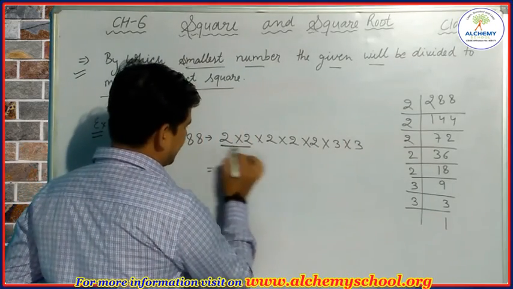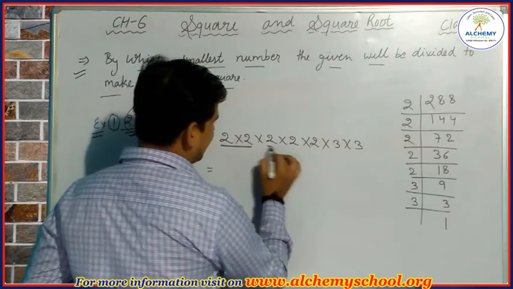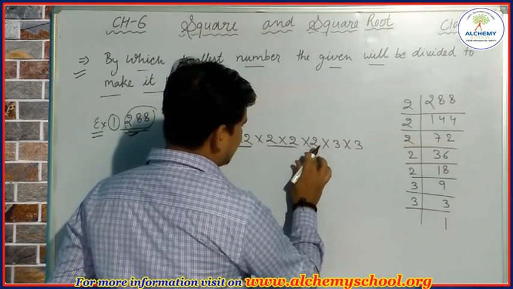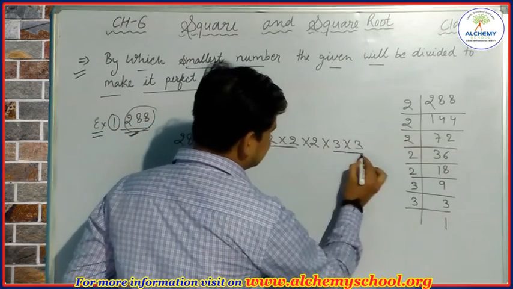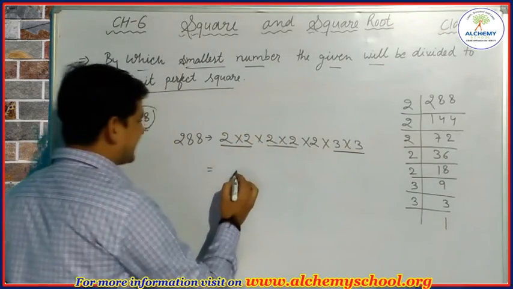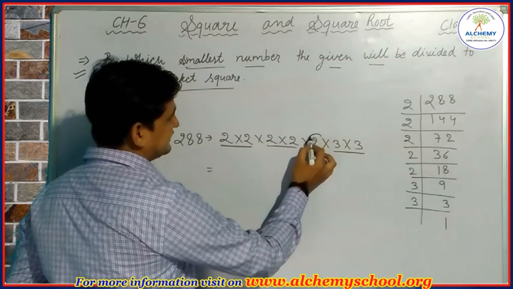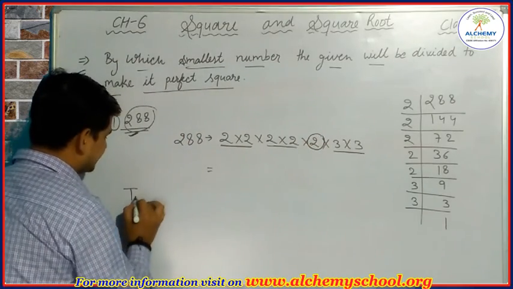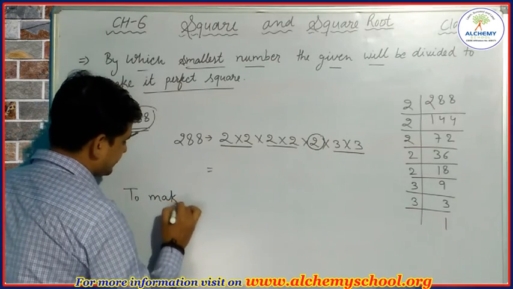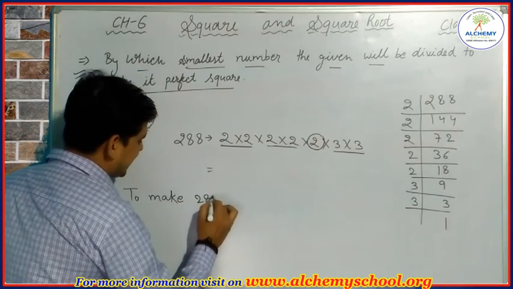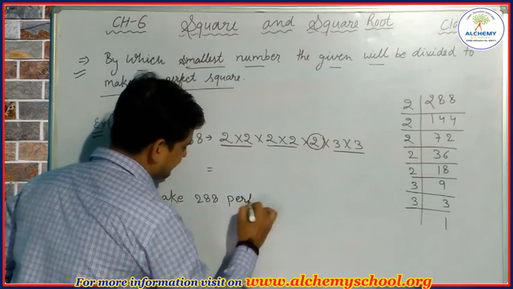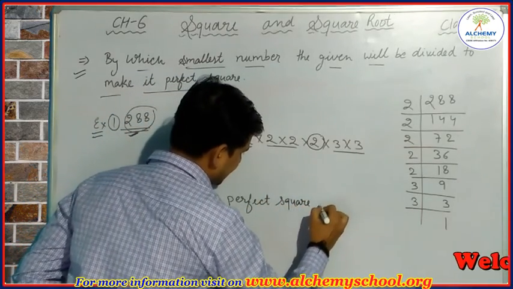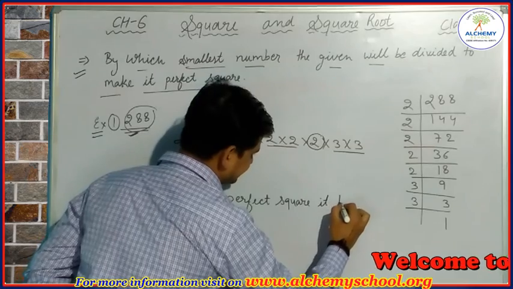The next step is to make the pairs. We can make a pair of one 2, we can make a pair of another 2, but we cannot make a pair of this last 2. We can make the pair of the 3s. While making the pairs we can see this 2 has no pair. So to make 288 a perfect square, it will be multiplied